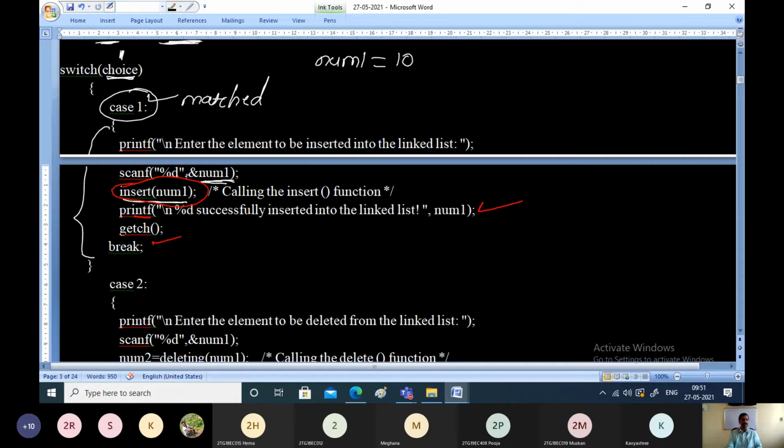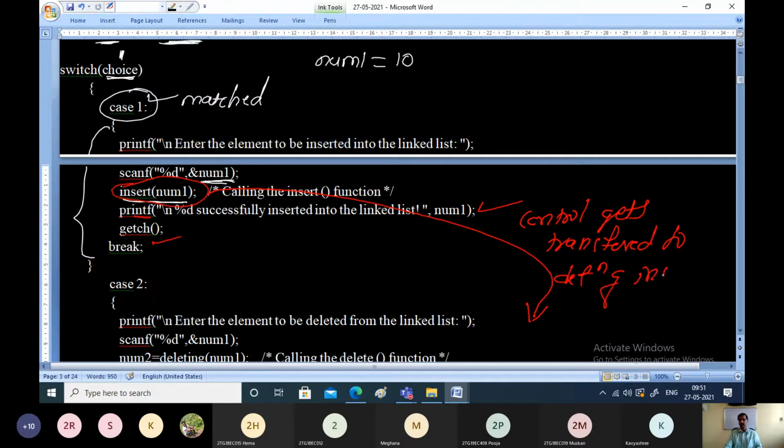As per the flow, the control will get transferred to the definition of the insert function. Somewhere at the bottom the definition is available.